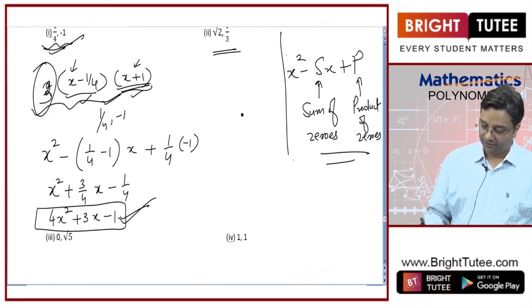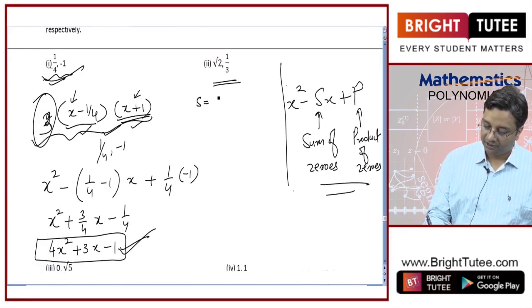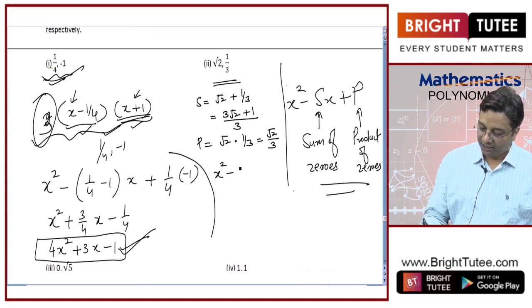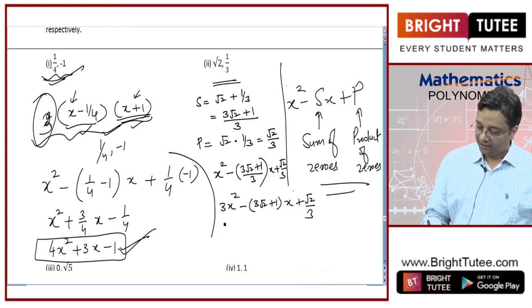For this one, what you can do is, what is the sum? Sum is root 2 plus 1 by 3, which is equal to (3 root 2 plus 1) by 3. And what is the product? It is equal to root 2 into 1 by 3, which is equal to root 2 by 3. So the quadratic polynomial will be x square minus sum into x plus the product. Now to make it simpler, we can multiply it by 3. So 3x square minus (3 root 2 plus 1) into x plus root 2 is our